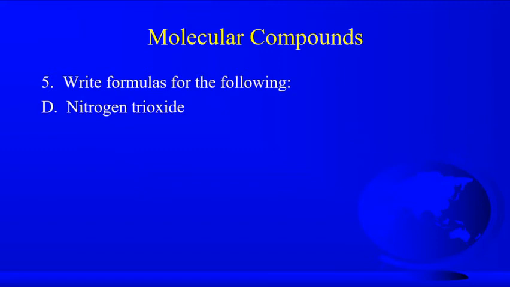Jackson. No prefix, which means how many? 3. Not on the first one. Okay, so what is the symbol for nitrogen? Okay, so you don't need a 1, so forget about that. And then tri is, and oxide is,